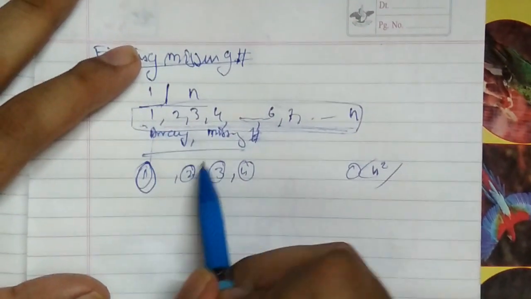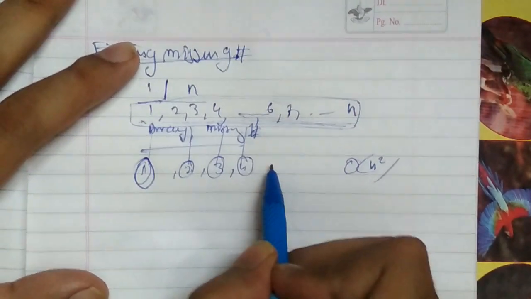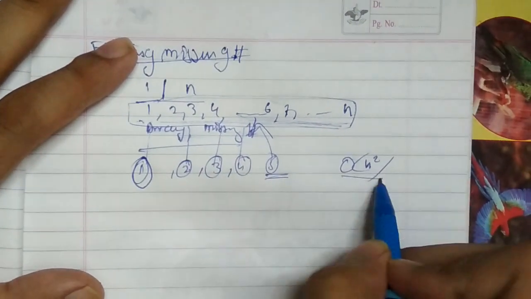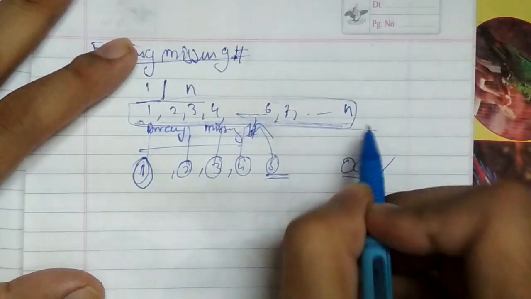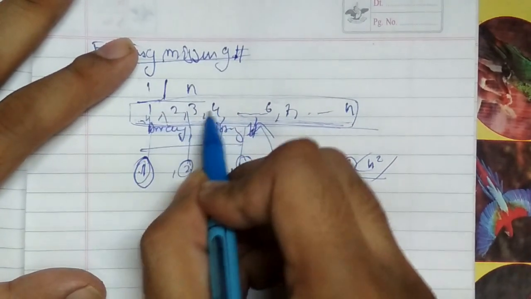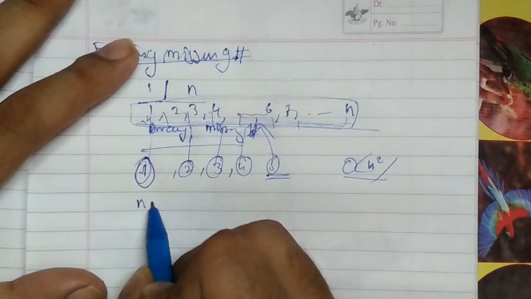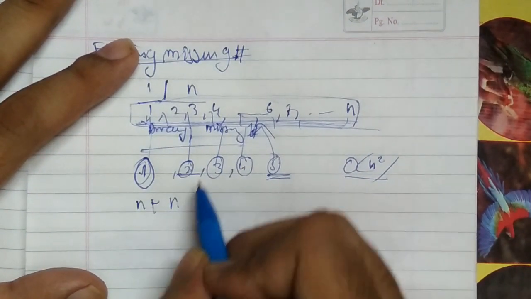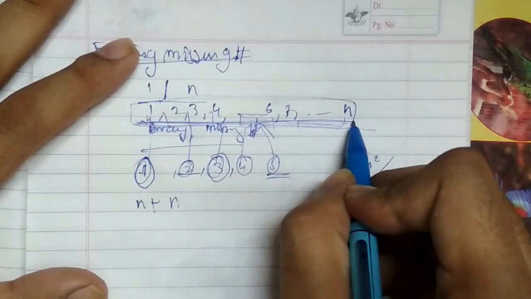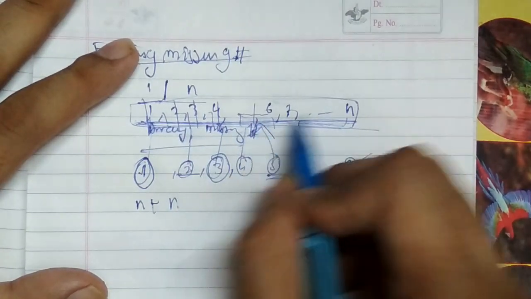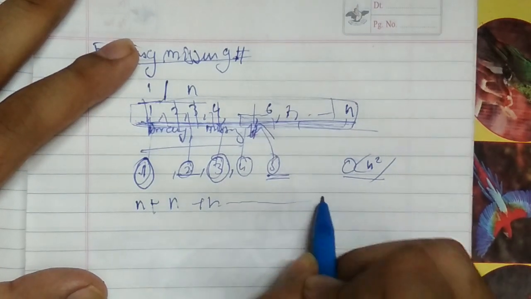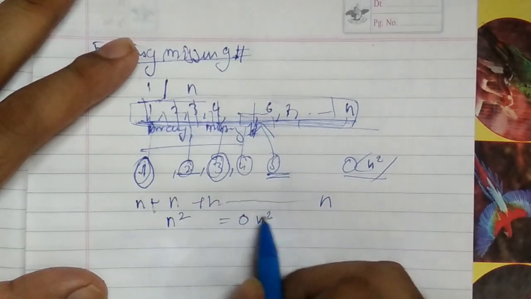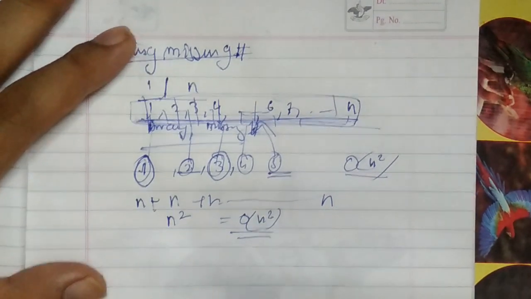So we check for 1 whether it is present, we check for 2, we check for 3, we check for 5, but 5 is not present, so we output 5. It will take O of n square because every number will be checked against n elements. So 1 will be checked against n elements and we have n major operations. Then 2 will be checked against n elements, and then 3, and so on till n. So we have n times n, so n squared. The complexity of this solution is O of n squared.